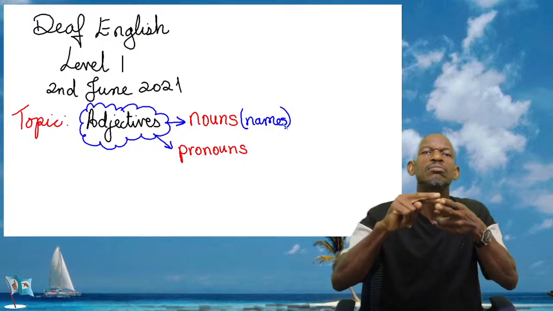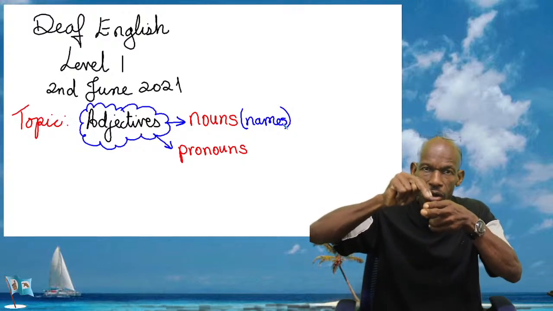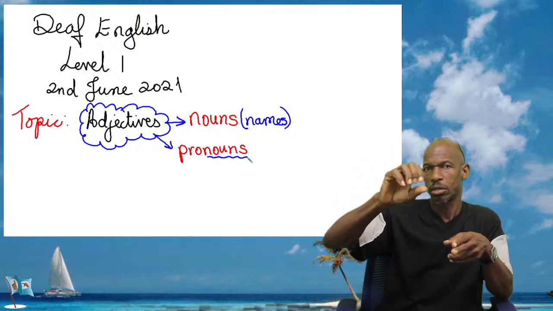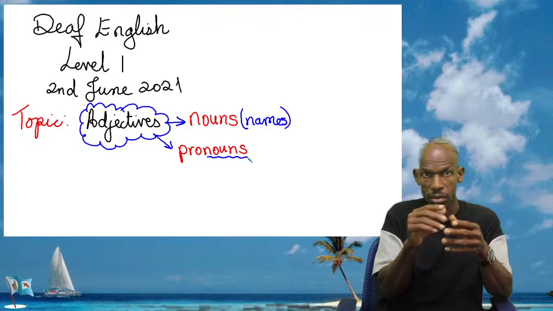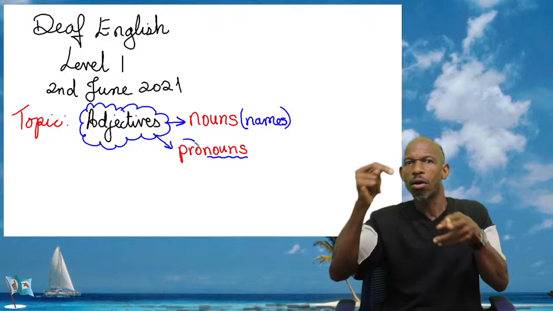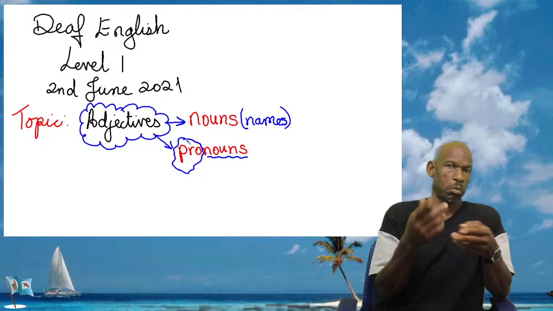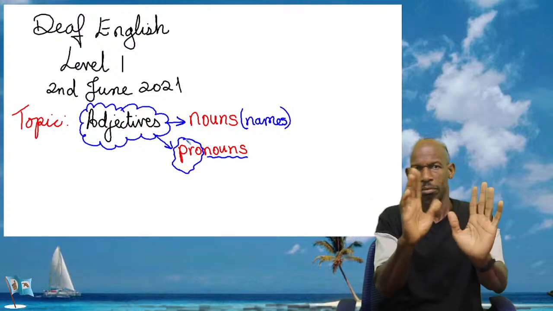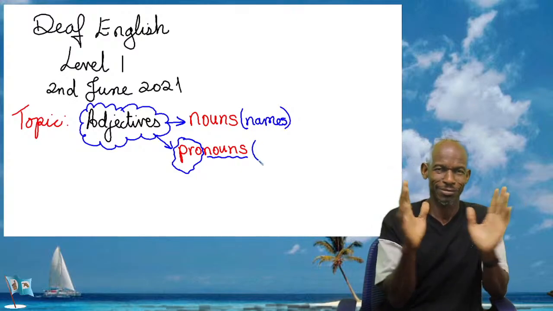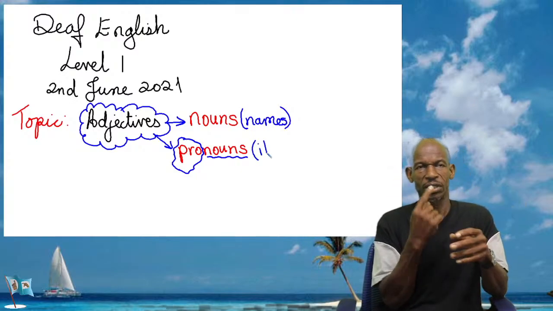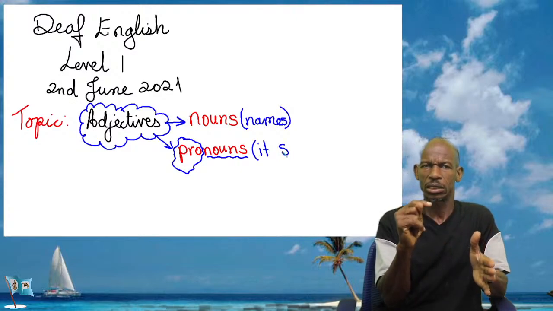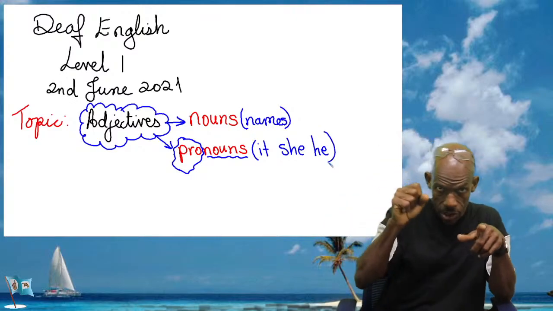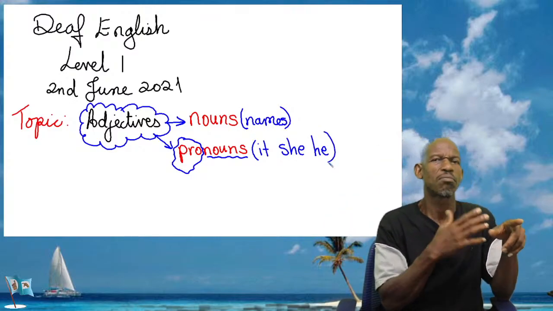Remember that nouns are names. Pronouns, and you'll see in the word pronouns, it has nouns at the end. So a pronoun, you see in pro, then the noun, are words used to replace a noun. Example, words like it, she, he. These are pronouns. So last week,